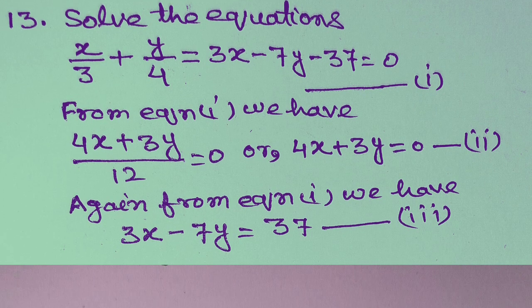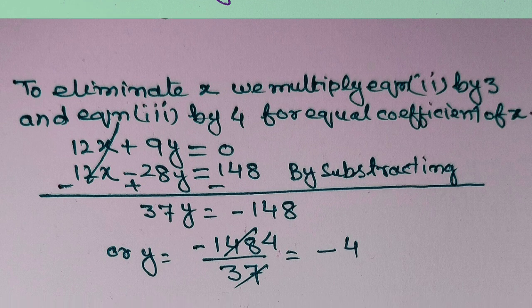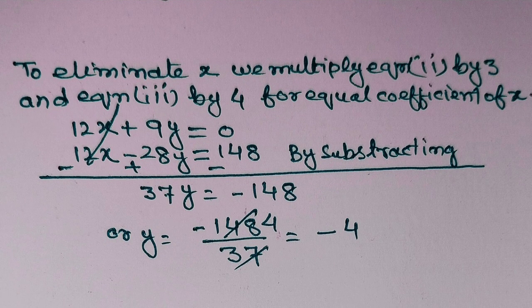To eliminate x, we multiply equation 2 by 3 and equation 3 by 4, for equal coefficient of x. 12x + 9y = 0, 12x - 28y = 148. By subtracting, 37y = -148, or y = -148/37 =